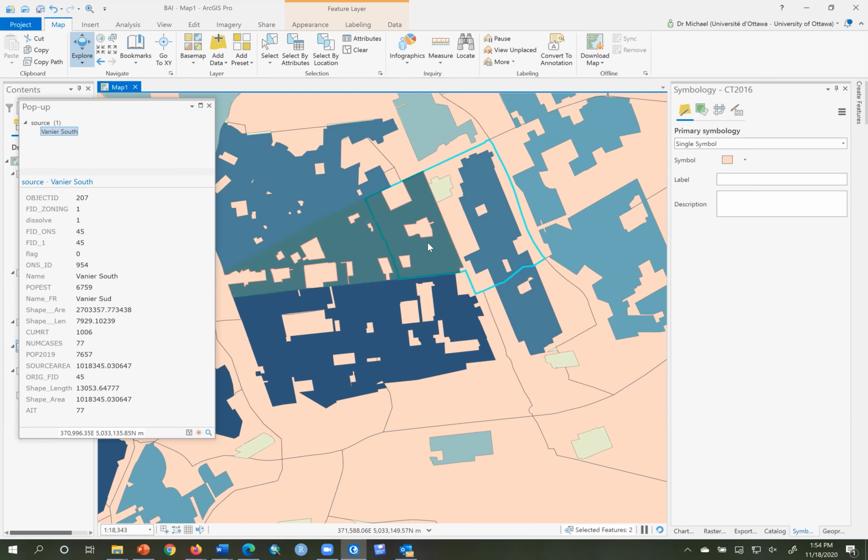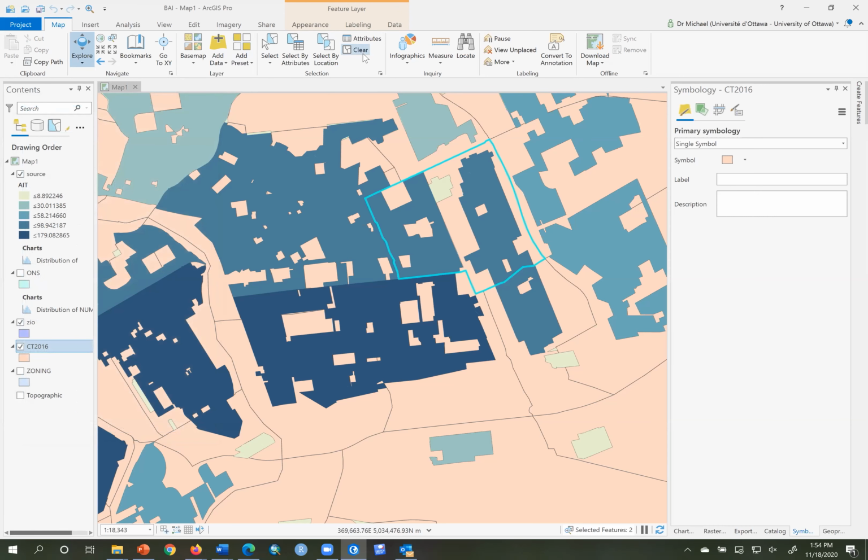So that's 77 people plus, or not 77, but a portion of 77, right? However much of that 77 is allocated to the part inside that census tract, plus this, plus however many of the 72 people are allocated to this part here. And that will then be the number of cases in that new census tract after we do the basic area